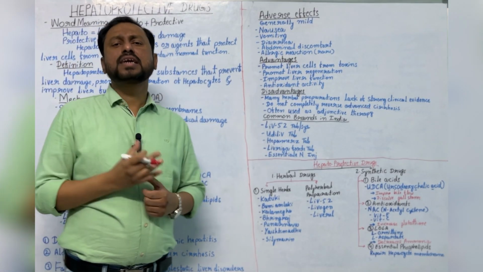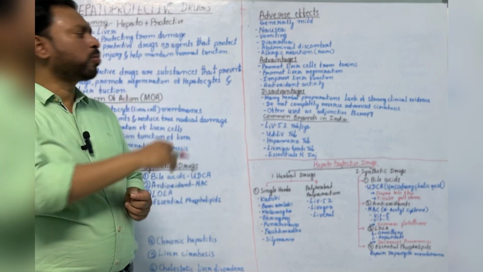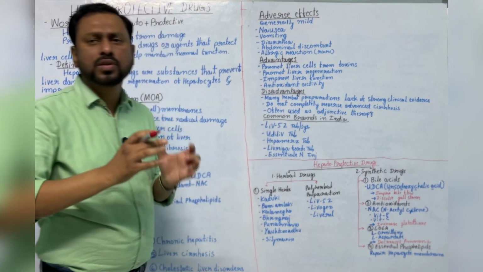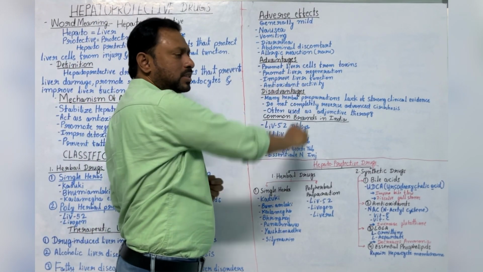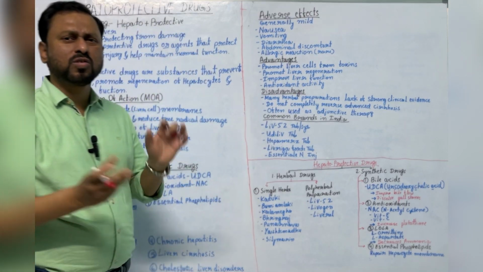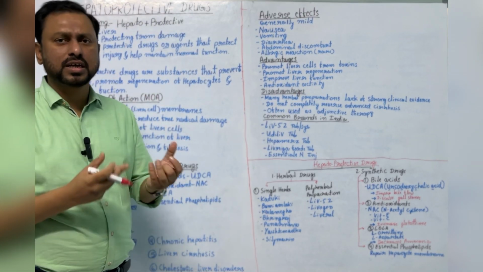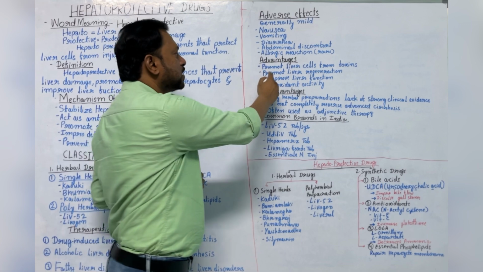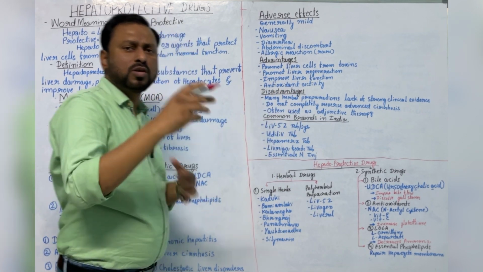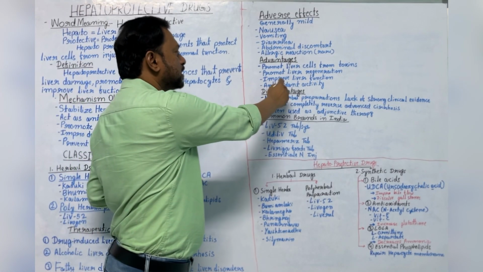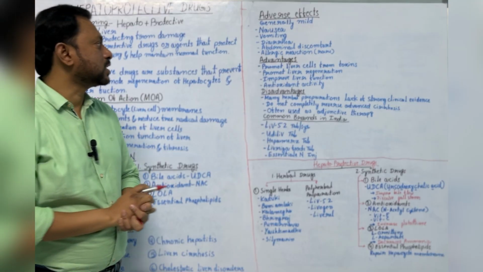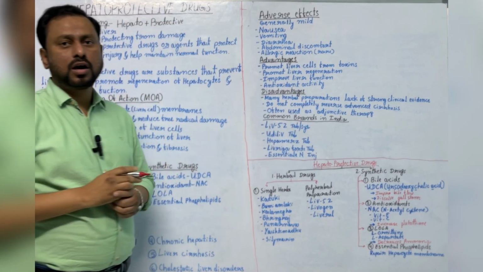Now, what are the advantages of taking these hepatoprotective drugs? They mainly protect liver cells from toxins. Next is that they promote liver regeneration, meaning the liver cells themselves regenerate. Next is that they improve liver function, so whatever the functions of the liver, this class of drugs improves them. Next, they act as an antioxidant and help prevent aging. These are the advantages of hepatoprotective drugs.